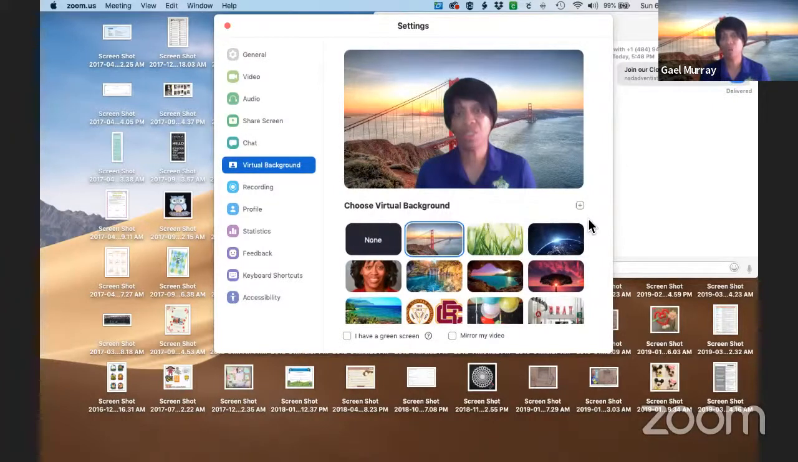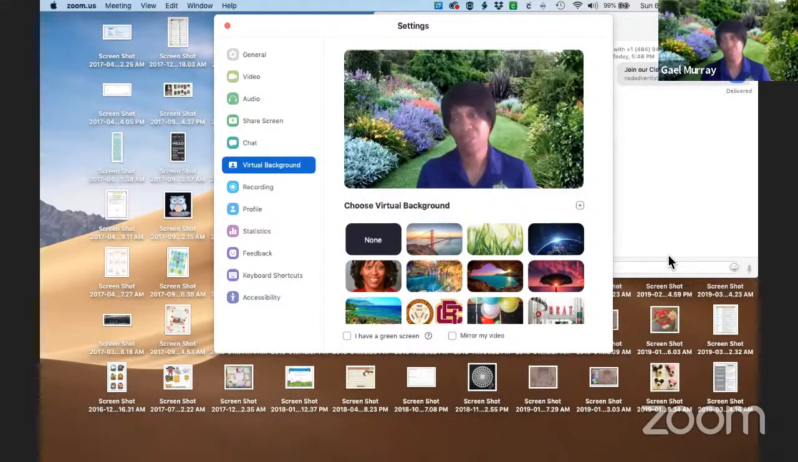But if you don't, what you need to do is go out to Facebook, Google images for background, Zoom images for backgrounds. There are so many out there. Choose the one that you would like, and then that becomes part of your gallery. Let me just pick something from my drop-down menu. Let's pick this right here. And as you can see, I've changed my background from the Golden Gate Bridge to a nice grassy